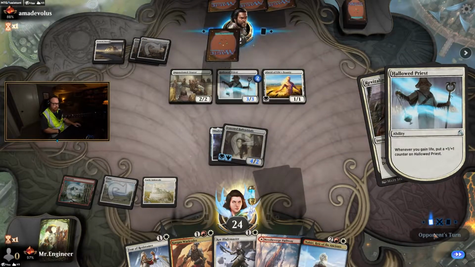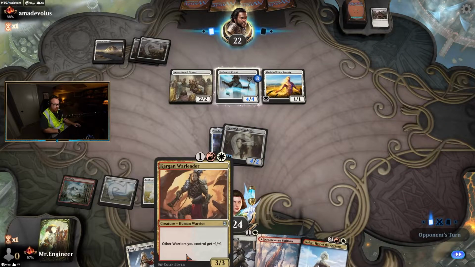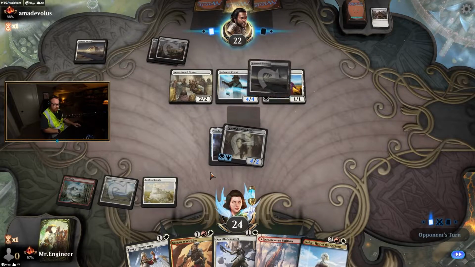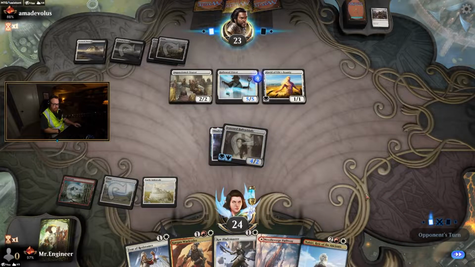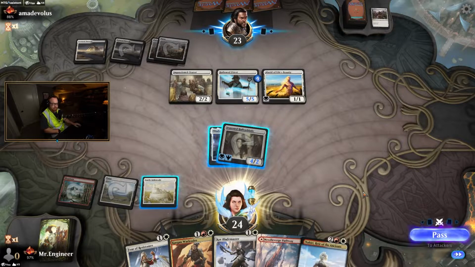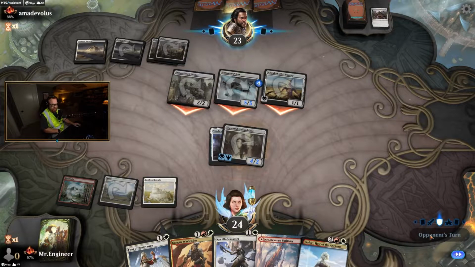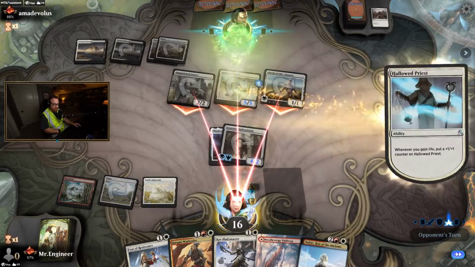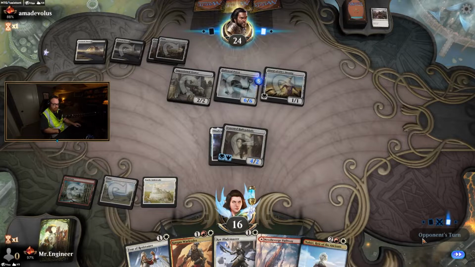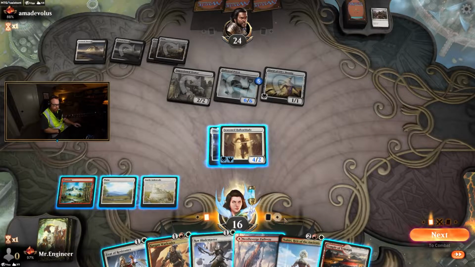Revitalize. Sure, you can gain some life. They want to make that Hallowed Priest pretty big, which they can definitely do. Okay. Yep, make it big again. Sure. Okay, they go all in. 5, 6, 7. That's 8 damage. Okay, so now, yep, you got it. And so now, right now, our life totals are essentially going to...